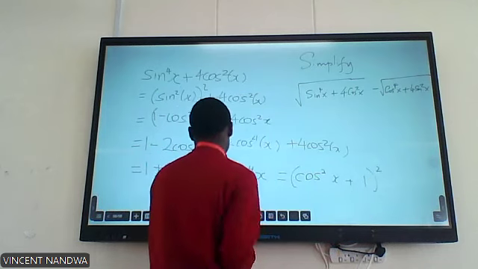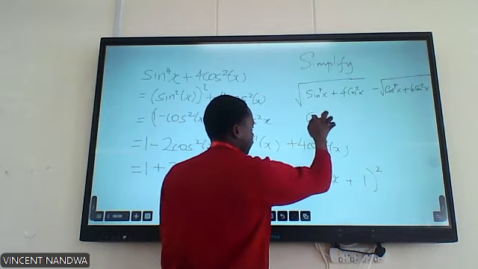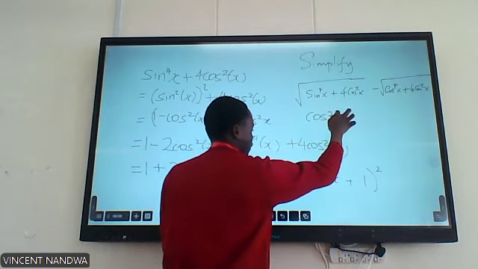So now when you find the square root, it will give you cosine squared x